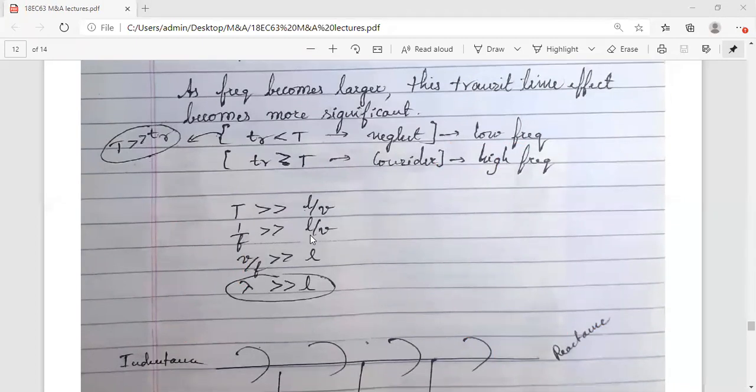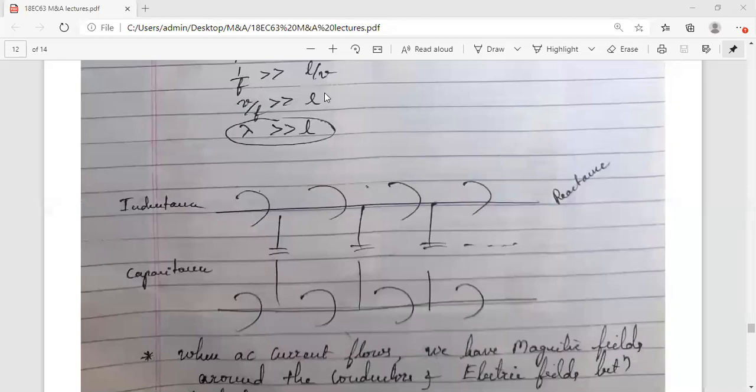As I told you, these two indicate the magnetic field and electric field. Whenever the AC current flows, because they are made up of conductors, these two different fields do exist. So the presence of a magnetic field, I can view as reactance. So what is a reactance? Can anybody tell me? I have written here inductance. Inductance is actually simple.